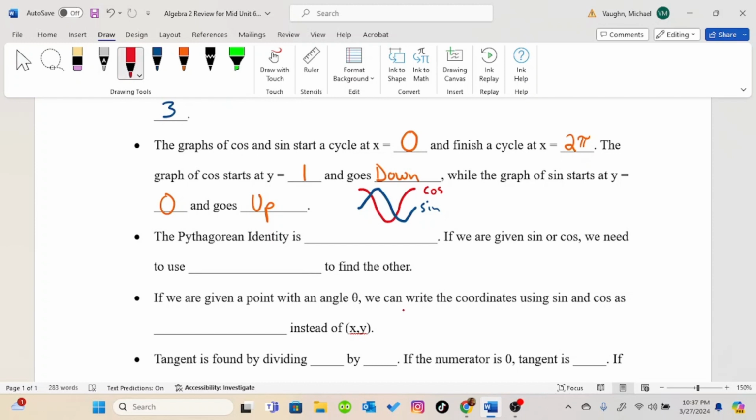The Pythagorean identity is cosine squared plus sine squared equals 1. If we are given sine or cosine, we can use the square root of 1 minus cosine squared or sine squared